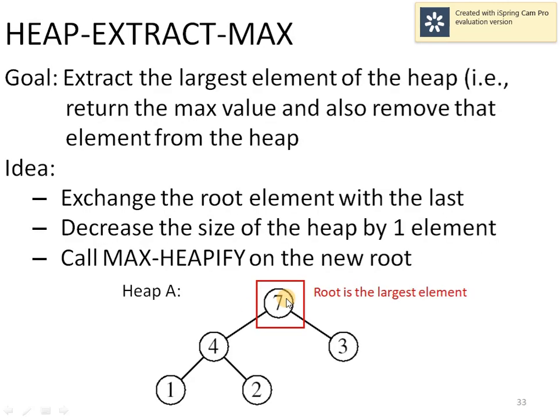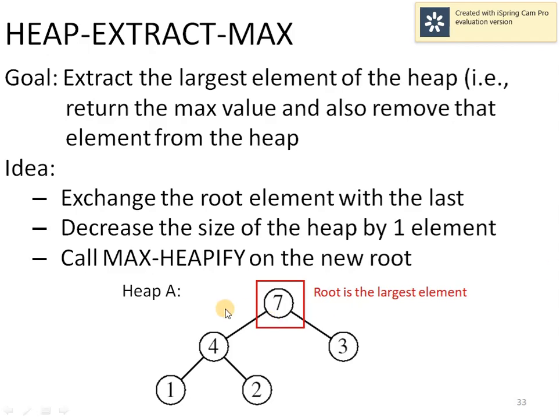Next we have heap extract max. The task of this function is to read the maximum value existing in the heap, and we have to delete that value from the heap also. The basic idea to implement this function is to execute the single iteration which we performed during heap sort. That is, exchange the root element with the last element in the heap, reduce the heap size by 1, and then call the max heapify function at the root.